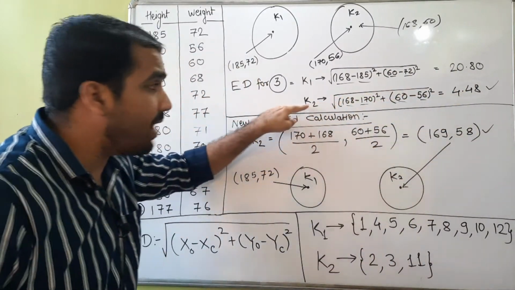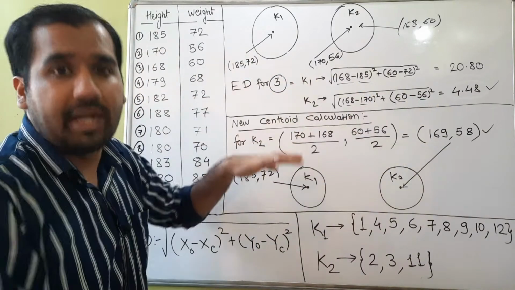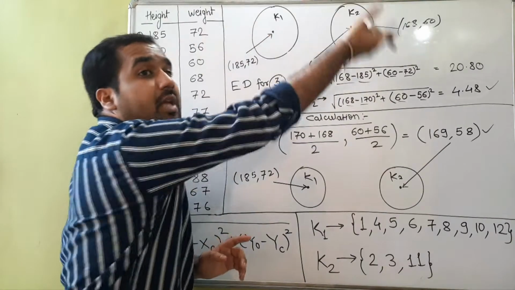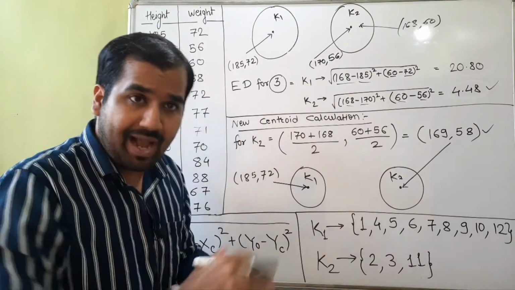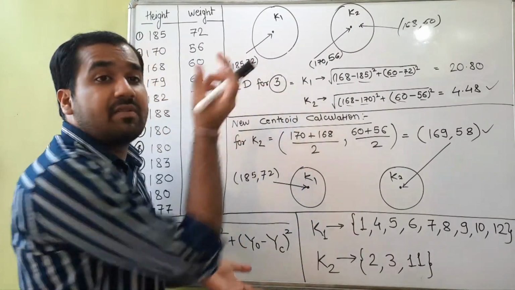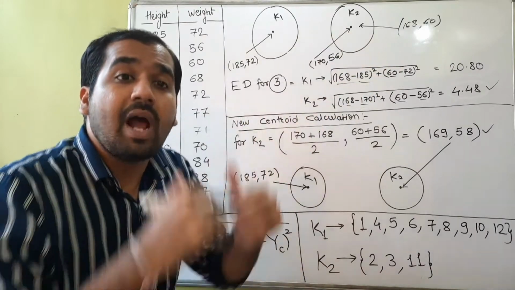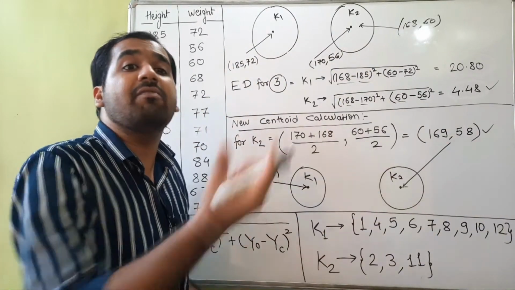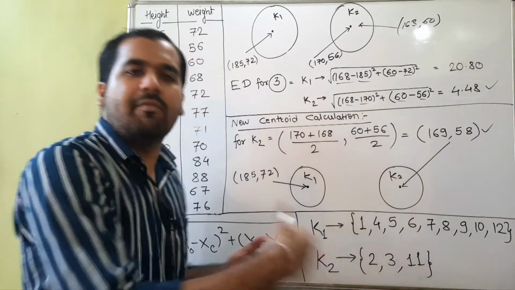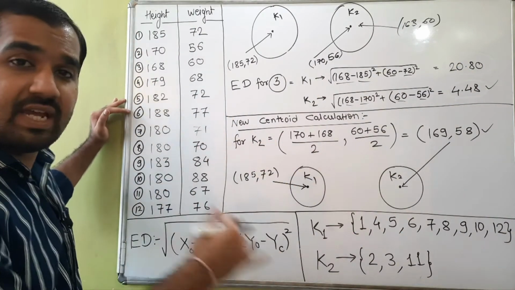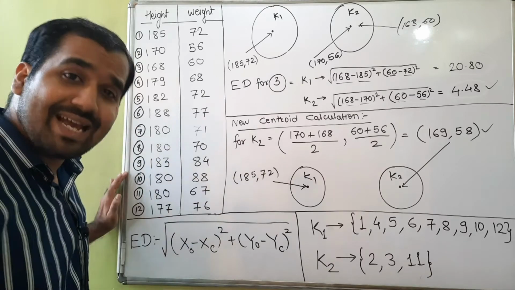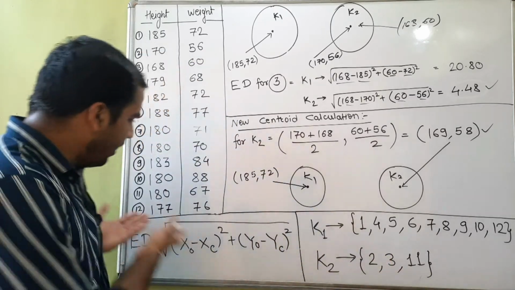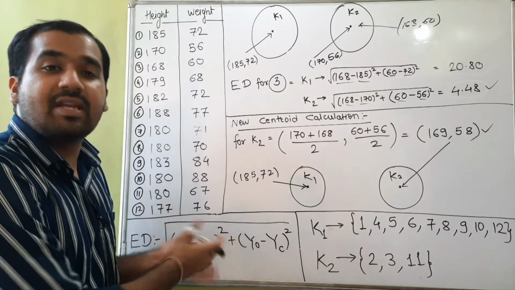Now what's the minimum value? It will be for either K1 or K2. According to that, this fourth sample will be assigned to K1 or K2. As per the addition of that sample to K1 or K2, we will update the respective cluster centroid values. Similarly, we will move further, go for 5, 6, 7, 8, 9, 10, 11 and then 12 and we'll stop. Why will we stop? Because this is the end of your data set.